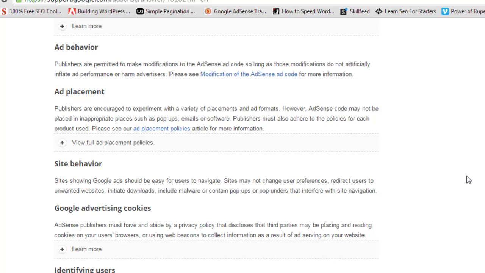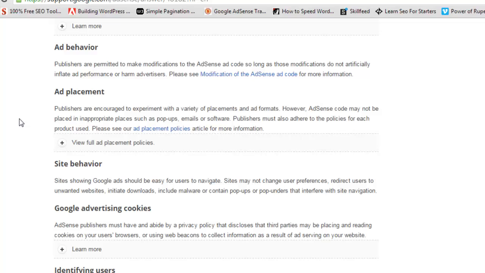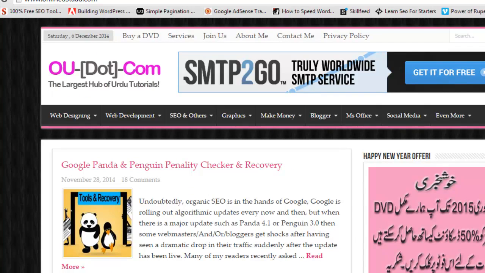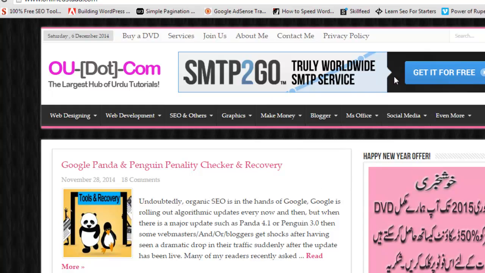Then ad behavior, you cannot modify AdSense ads, the codes you get from your account. We will learn in a later lecture. So you cannot change the ad code of AdSense ads. That is not allowed by Google. And about the placement, AdSense says to put our ads where they can be seen by visitors clearly, and do not align the ads with the content very closely.